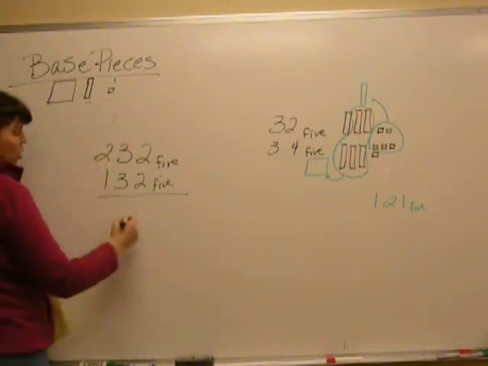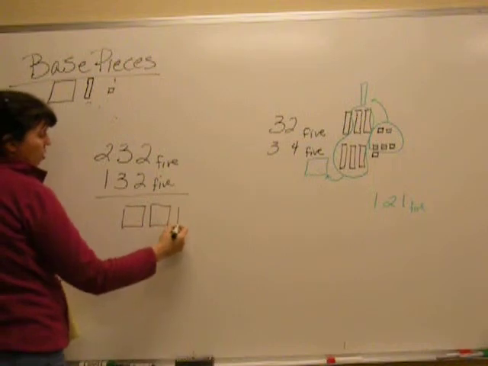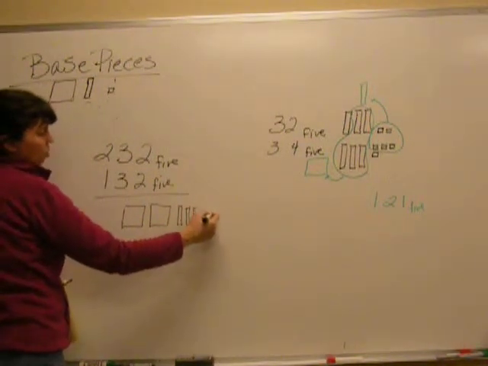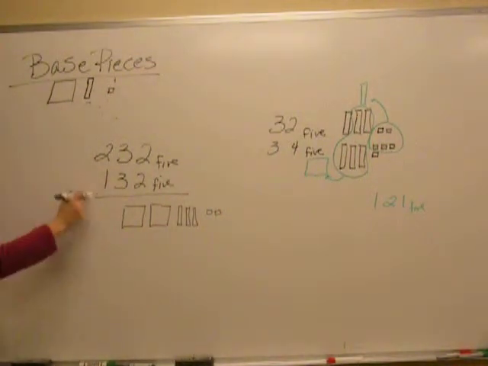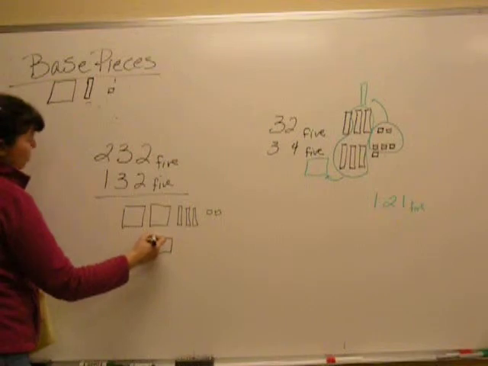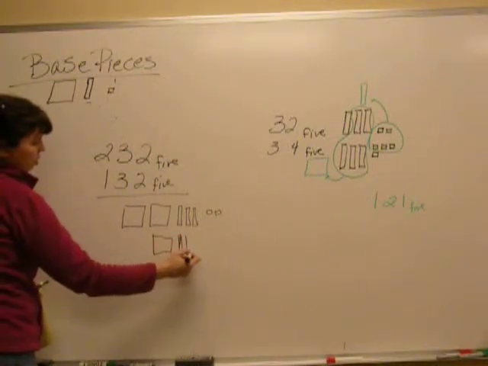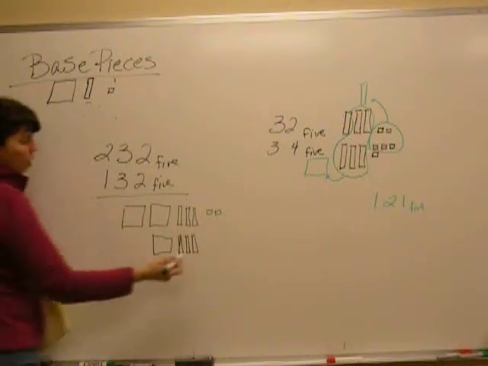So I've got 2 flats, 3 longs, and 2 units from up here. Okay. Now we're going to draw this one. We're going to get 1 flat, 3 longs also. And you guys don't have to draw them. You can just use your base pieces. And then